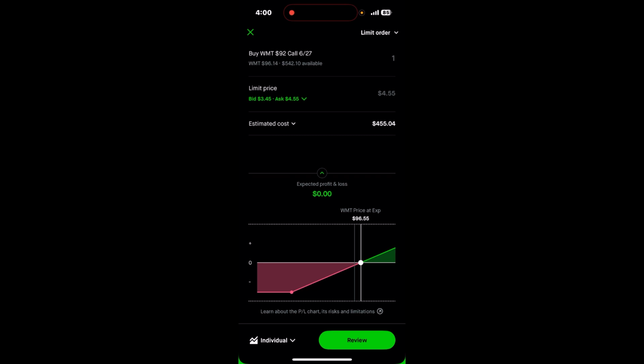it has to go from 96.55 to 97.55. And if it goes to 97.55, you'll make $100. So you calculate that, you find a dollar difference. One contract will make you $100 for every dollar. So that's how you set it up, and that's really based on the balance. I can actually afford this come Monday when it starts. So if the market goes up, I can do that. But